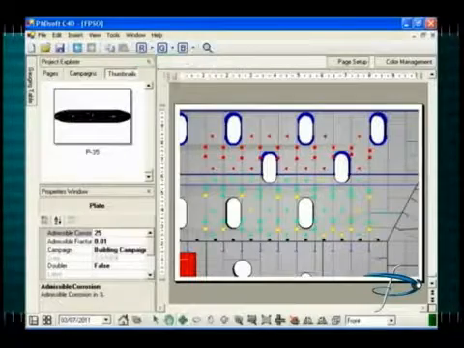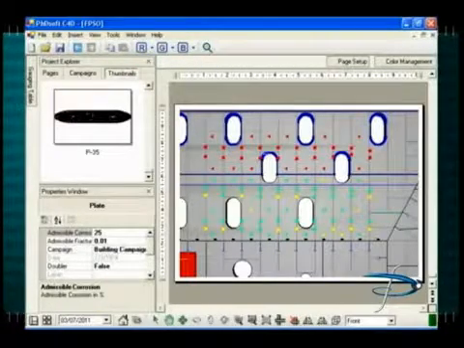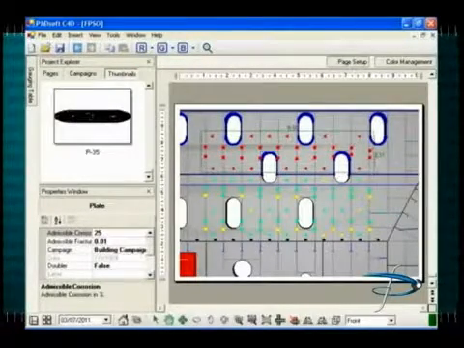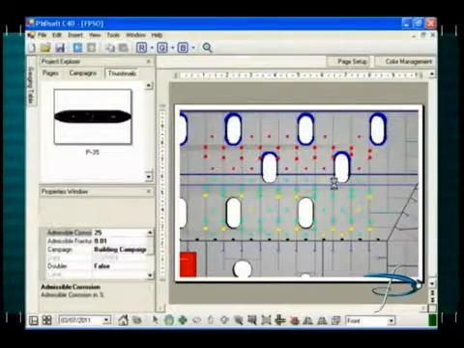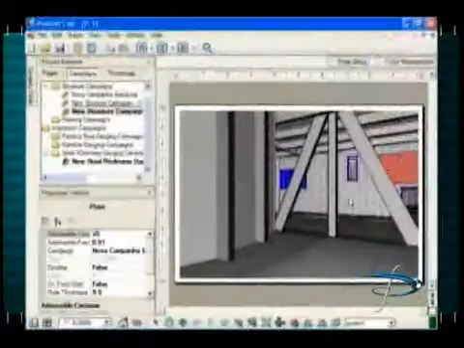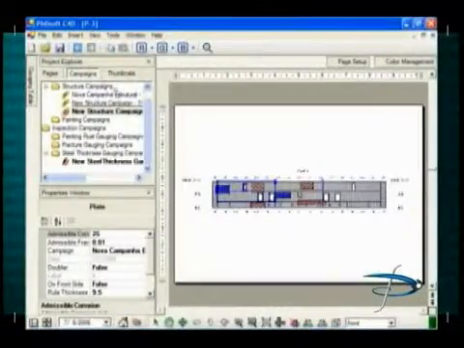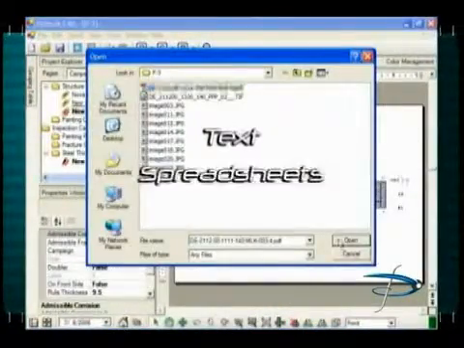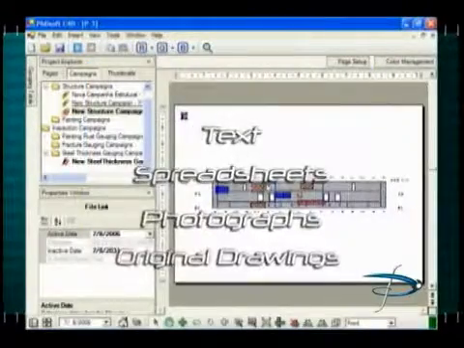C4D allows driving actions in the present to assure the necessary maintenance that will avoid financial losses, accidents, and environmental disasters in the future. C4D allows the insertion of any type of document such as texts, spreadsheets, photographs, original drawings,